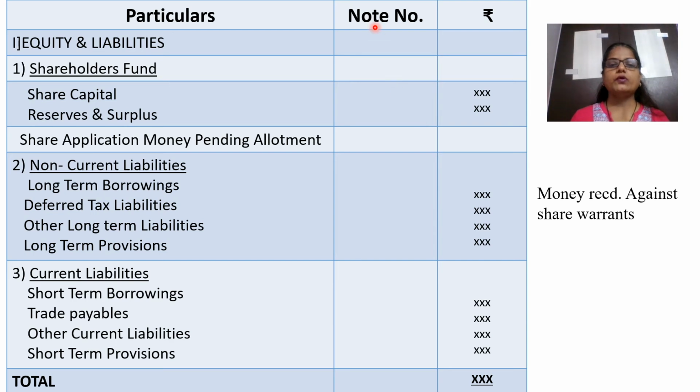और ये जो कॉलम आपको दिख रहा है नोट नंबर का, here we are going to write the notes as we are going to prepare as per our requirement. Say suppose शेयर कैपिटल के लिए हमने नोट बनाया तो हम लिखेंगे इसको नंबर 1. हमने रिजर्व्स एंड सरप्लस के लिए नोट बनाया तो हम इसको क्या लिखेंगे? नंबर 2. I'll just show you. As I said, इधर हम क्या लिखेंगे? नंबर 1. अगर हमने रिजर्व्स एंड सरप्लस का नोट बनाया तो उसको देंगे हम नंबर 2. फिर इधर नॉन करंट लाइबिलिटी में आ गए, इसमें लॉन्ग टर्म बोरोइंग का नोट बनाया नंबर 3.